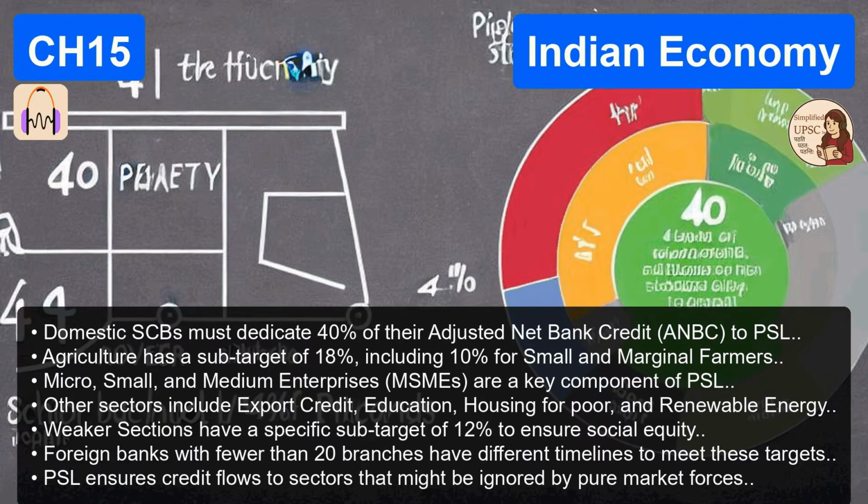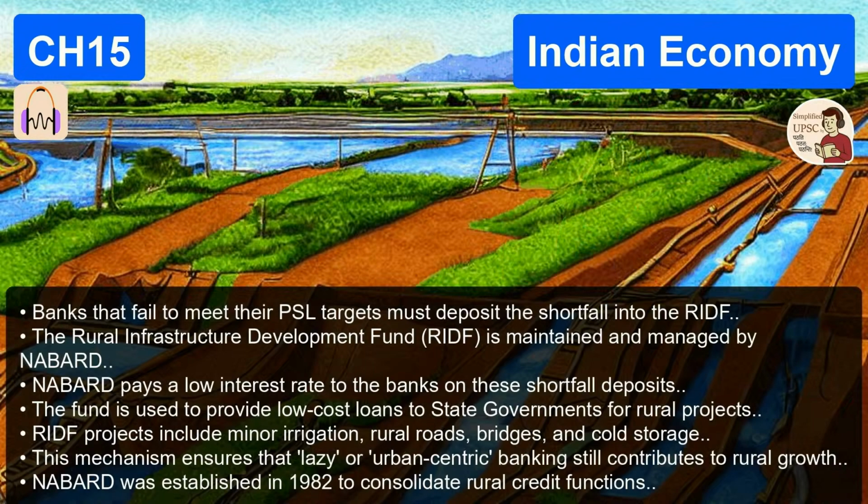And importantly, to borrow under normal repo, you cannot touch your SLR quota securities. Those are sacred. Right, the 18% or whatever that is locked up. But under MSF, the RBI says, okay, this is an emergency. We will allow you to dip into your SLR quota up to a certain limit to pledge those securities and get cash to survive the night. It is literally the break glass in case of emergency option.